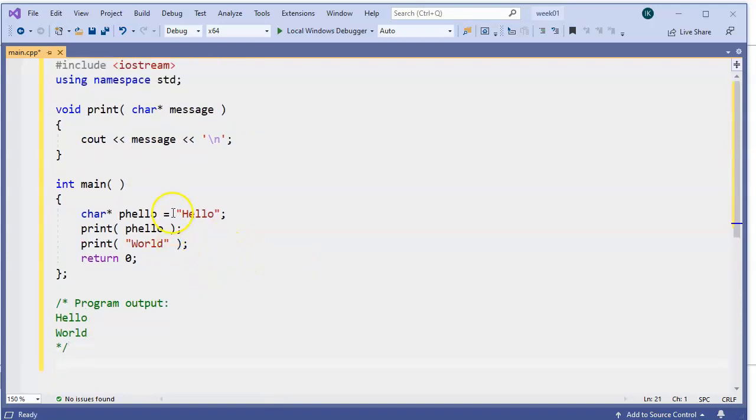Here, since the times back when this sample was written, the C++ standard now requires that we use the constant specifier whenever we create a pointer pointing to a literal string of characters. Likewise, over here, we also need to do the same thing. So it seems like more syntax, but it's actually very good syntax because it allows us to create a safer